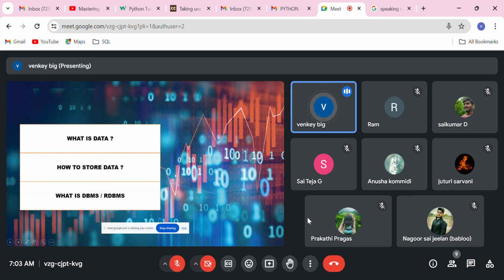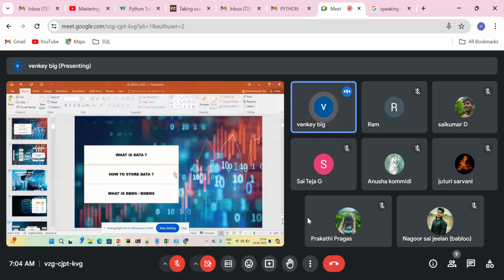Okay, so these are some key things that we have discussed in our last session. Today we will discuss what is DBMS or what is RDBMS, right? And we will also discuss different ways to store the data. So let us start with the storage of the data. Now we know, depending on the application development process,